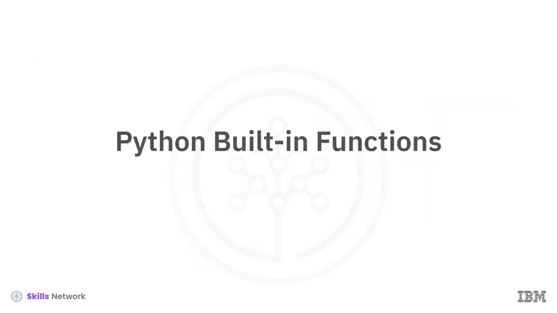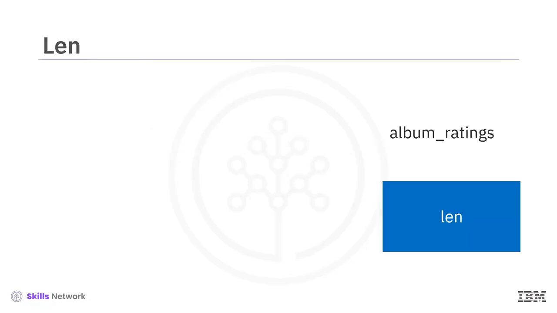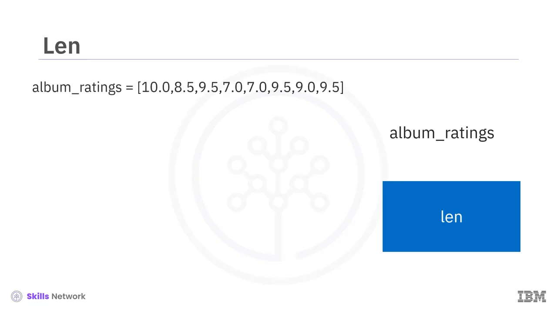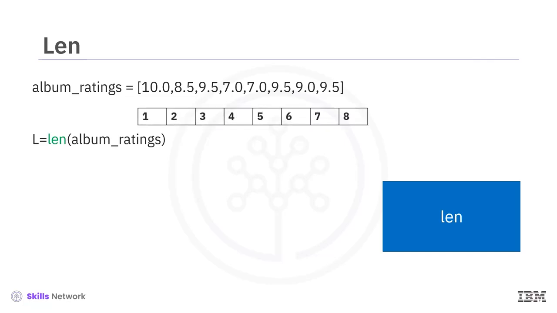Python has many built-in functions. You don't have to know how those functions work internally, but simply what task those functions perform. The function len takes in an input of type sequence, such as a string or list, or type collection, such as a dictionary or set, and returns the length of that sequence or collection. Consider the following list. The len function takes this list as an argument, and we assign the result to the variable L. The function determines there are 8 items in the list, then returns the length of the list, in